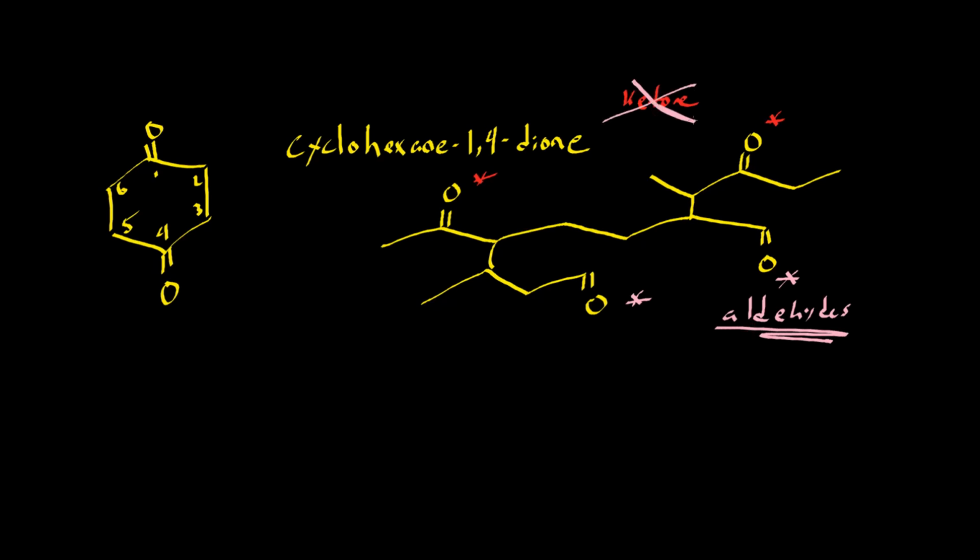Okay, the ketones are not going to show up on the main chain, because the main chain is going to go from one aldehyde to the other. As for numbering, well, that will have to wait until after we've named the side chains. So we have one side chain here, one side chain here, and one side chain there. Okay, so this here is a methyl group. Here we have 2 carbons, so that is a